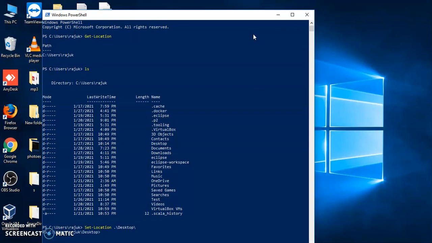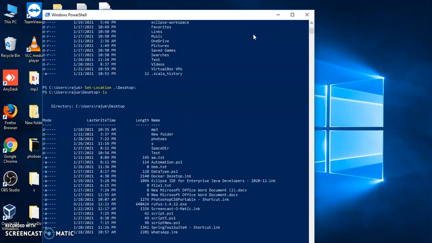Now you can see we are in the Desktop directory, and we have a command ls. With the help of the ls command we can see how many directories and files are there on the desktop. It shows everything. Now we can see an mp3 folder, a new folder, photos, and a space directory.